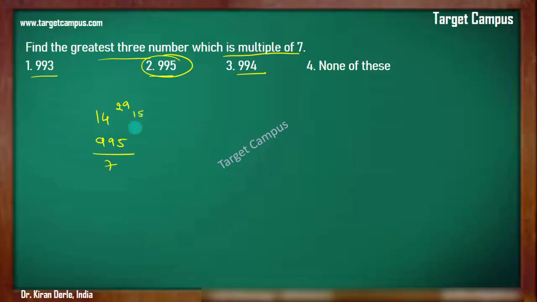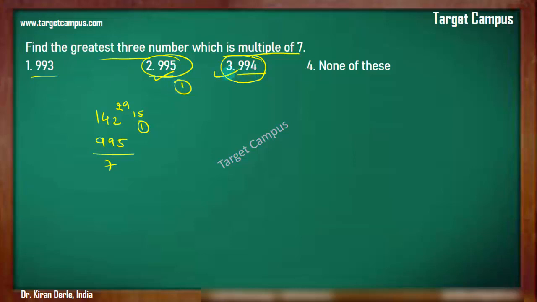Carry over is 1. So this becomes 5 sevens are 15... 7 2. No, 1 is the remainder. 1 is extra here, and this is 1 less than that. So this should be divisible by 7. You check it. Because if you are getting remainder 1 here, that means you are getting an extra 1. The remaining number is divisible by 7.